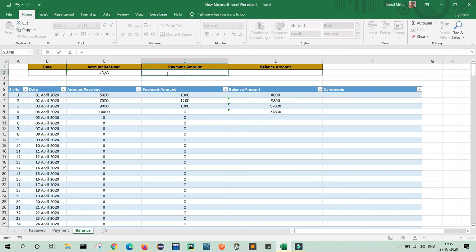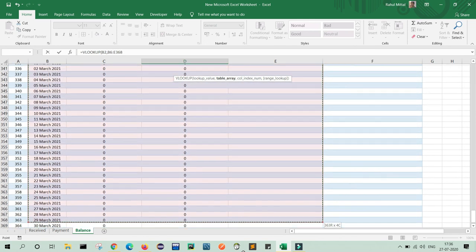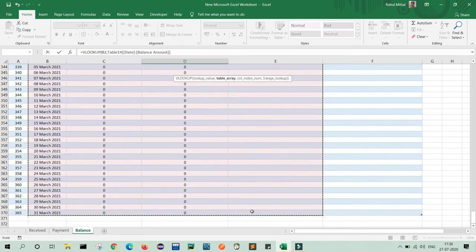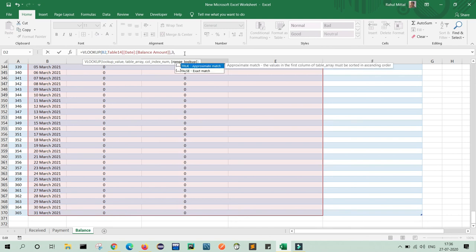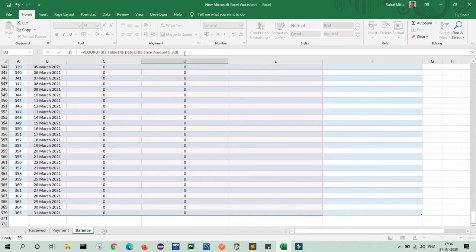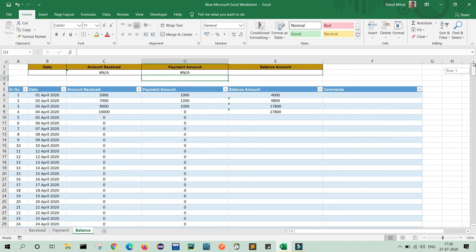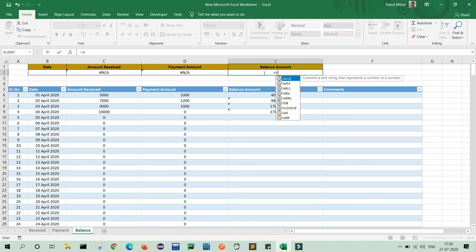So equals VLOOKUP. Lookup value is my date, comma. Here I will select the entire column till here, comma, 3 because it is my payment, and comma 0 for exact match. Similar NA comes. Later I will show you how to remove NA. For balance I will also do the same. VLOOKUP, lookup value, that is my date, comma, table array, that is this,